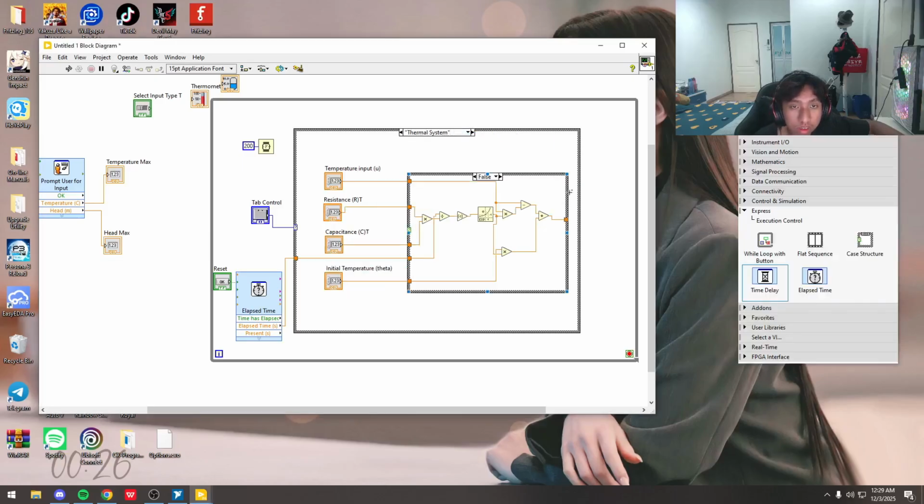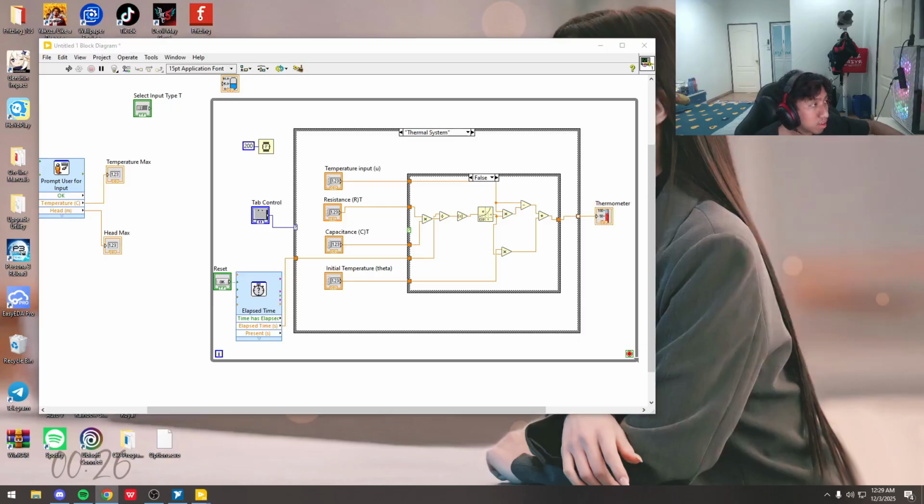Thermometer. Still the one loop. Okay, system, I will show it as a